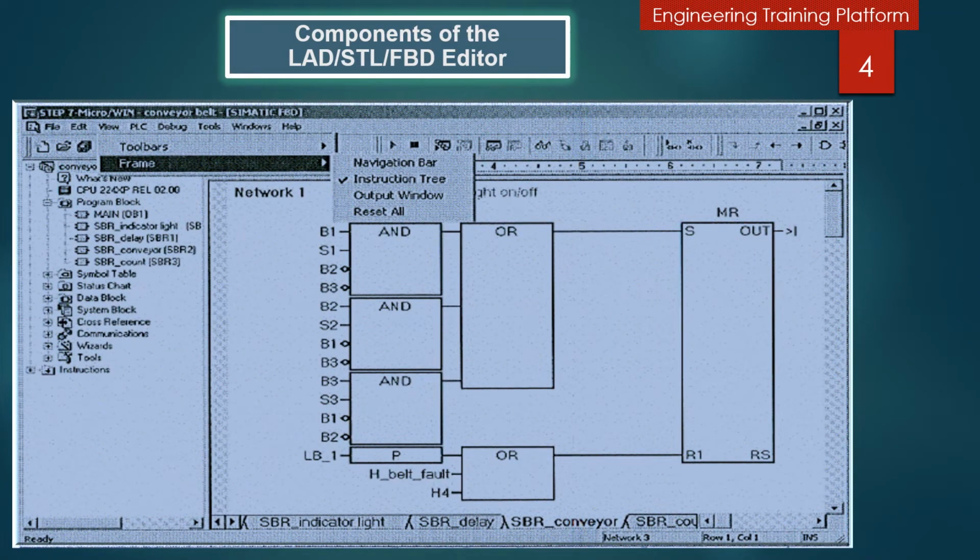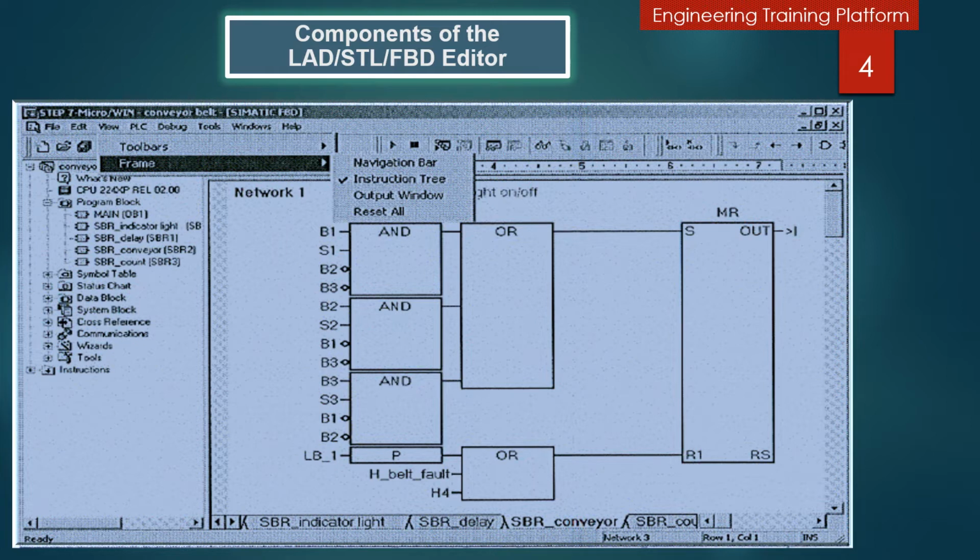When we start the ladder logic, statement list or function block diagram editors, two windows are automatically opened, the local variable table and the program editor. Additionally, you can also open a third window, the instruction tree. This is optional. You can go to the View, Frame, and then click the instruction tree. The content of the instruction tree window depends on the programming language. Elements of the instruction tree are inserted by double clicking in the selected area of the program editor. Alternatively, you can also insert by drag and drop.